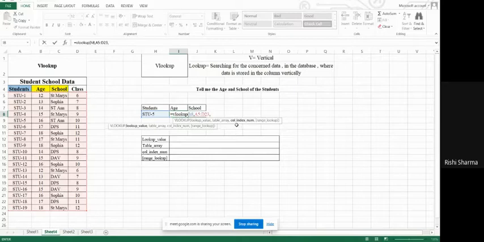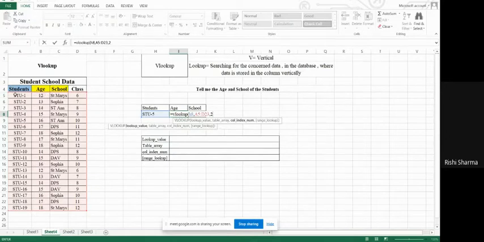Then the third thing is asking for the column index number. If you see the database that I have selected, by default the first column number is always 1. So this is 1, this is 2. So this will be 2 over here, because age is at number 2.